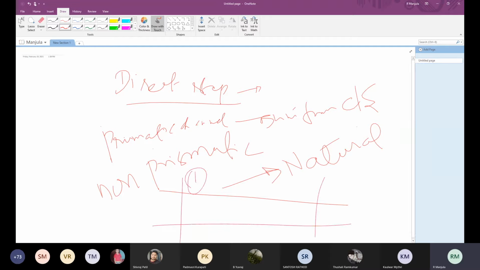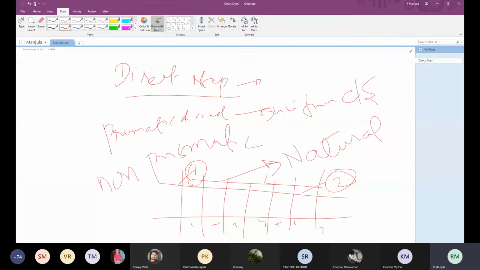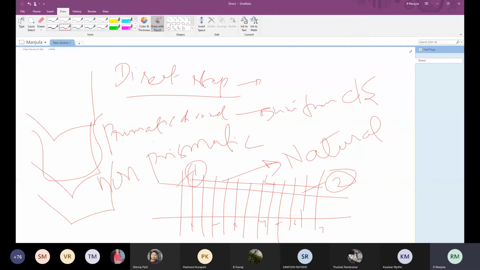Suppose I am taking two sections, 1 and 2, and the length of the reach between them is, let us take, L. Suppose I am taking 1, 2, 3, 4, 5, 6, 7 different sections. If the cross section remains uniform wherever you take, then that represents the prismatic channel. But in natural channels, the cross section may not be uniform. At one place the slope may be different, at section 2 the slope may be different, at section 3 the slope or depth may be different.